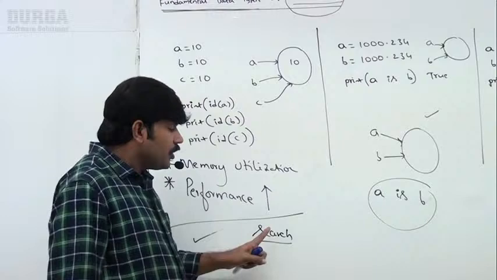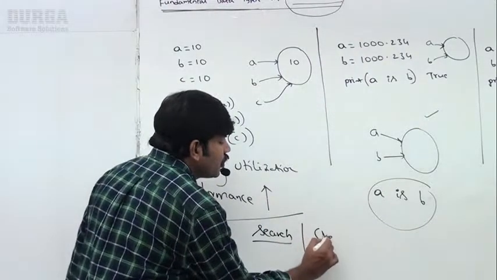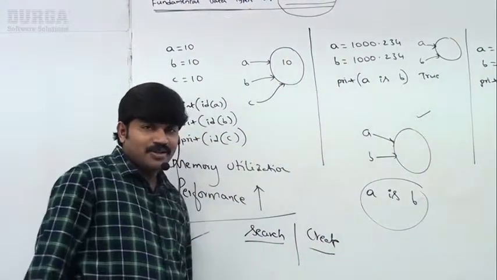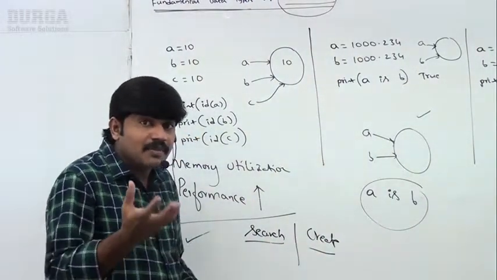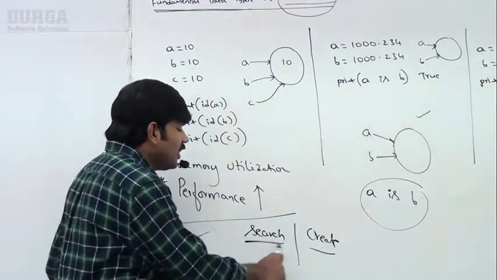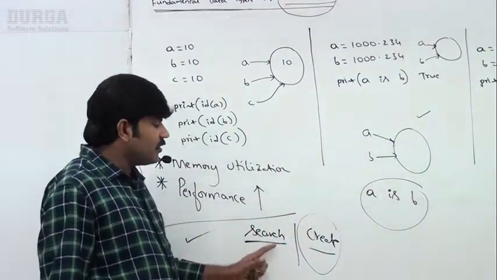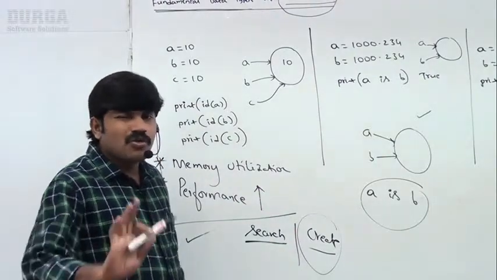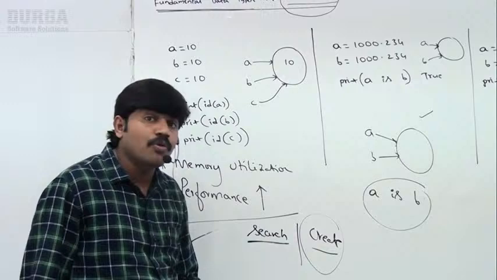So after searching, if it is identified that no object is available, then it has to create what? A new object, the create operation. Do you know? So, search operation and create operation time complexities. Search operation is a very easy job, but create operation is very difficult. That's why even if it performs a search, there are no performance issues, because create operation is more costly than search